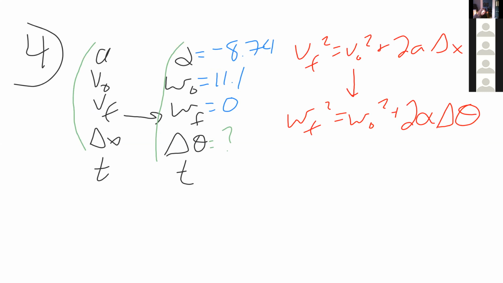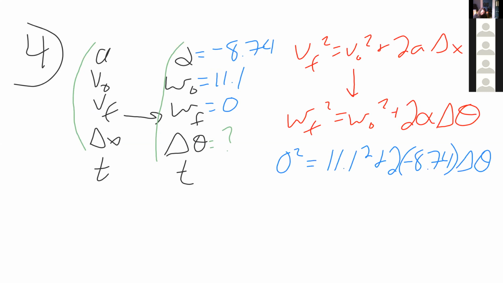Omega final here is going to be 0. So I have 0 squared is equal to omega initial squared, which is 11.1 squared, plus 2 times my alpha, which was negative 8.74, times my unknown delta theta. Notice I have only the unknown delta theta, so I can isolate it, and this will give me